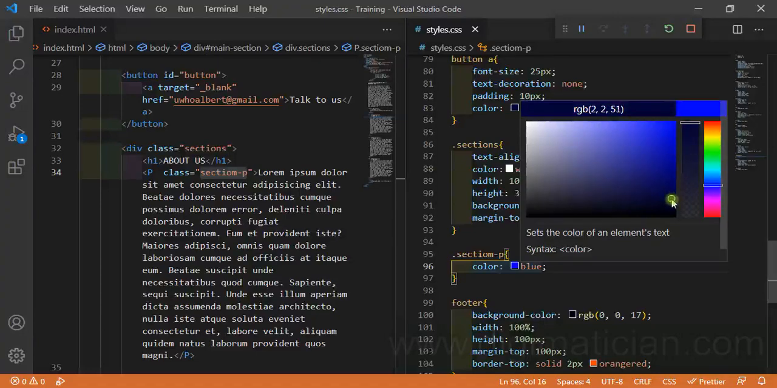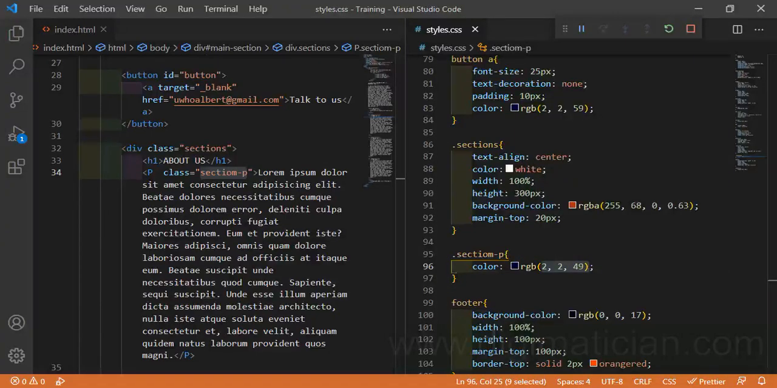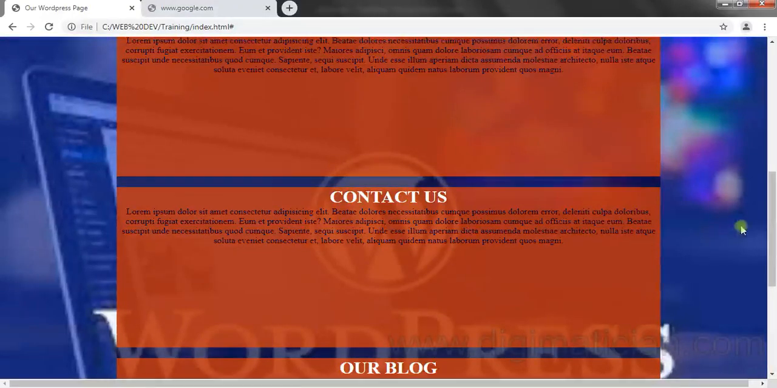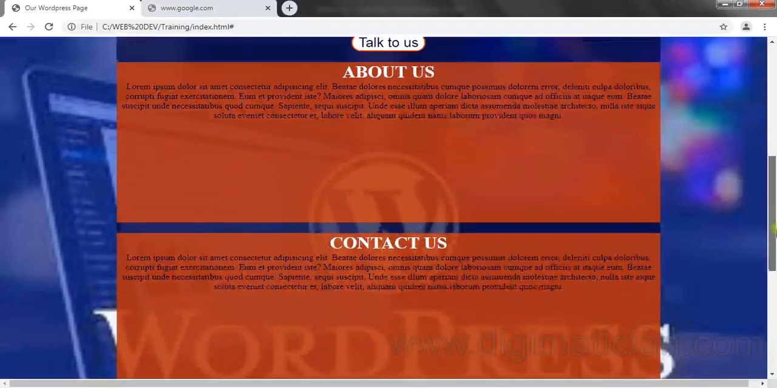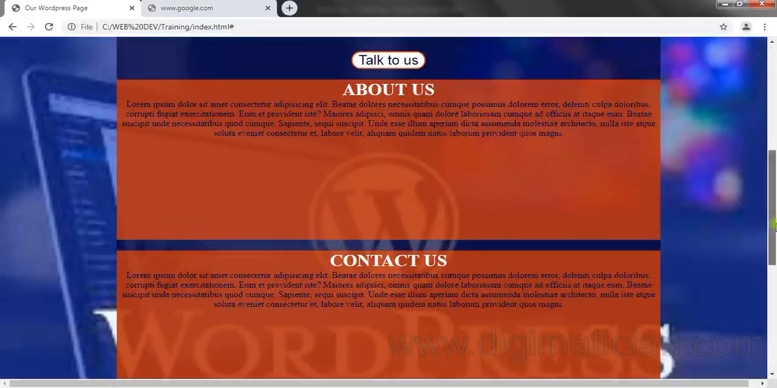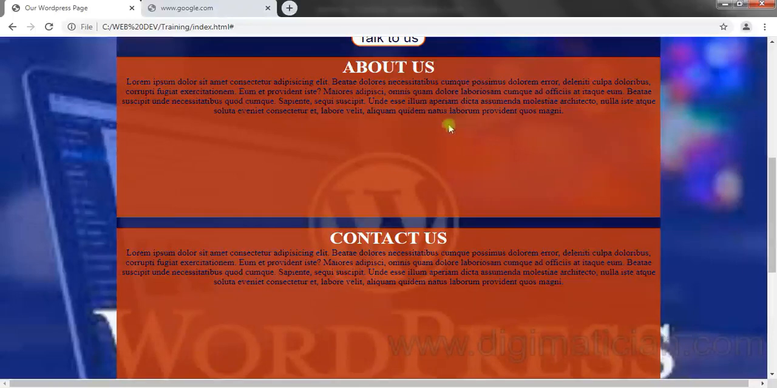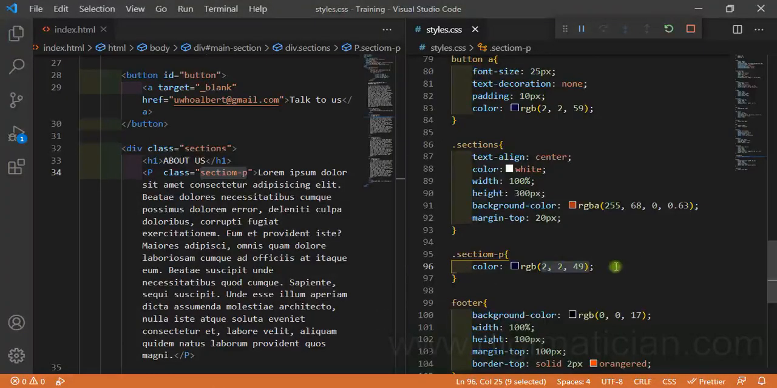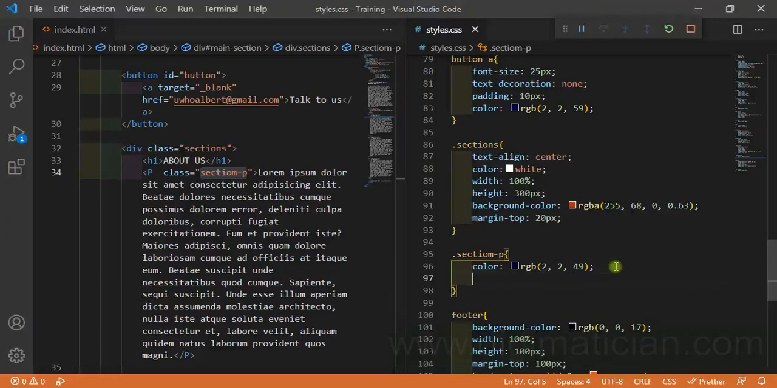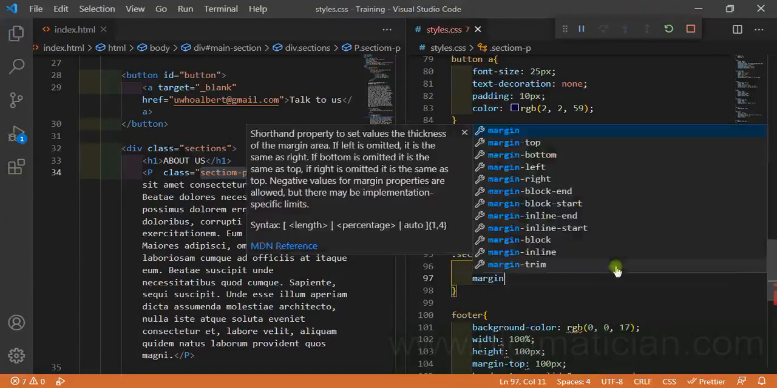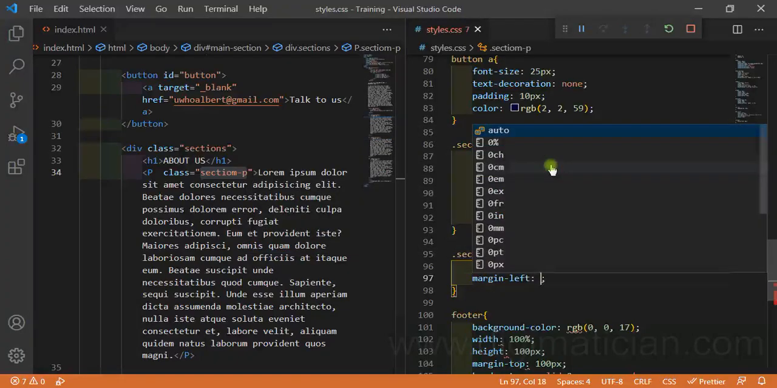All right, so let me make this a deeper blue. You can see that all of them will now change to a deeper blue. All right, so our title is white and everything. You can see that it's also centralized, but I can decide to make this better by compressing this particular text. So I'll go to that class and I'm going to say I want the margin left to be 200 pixel,